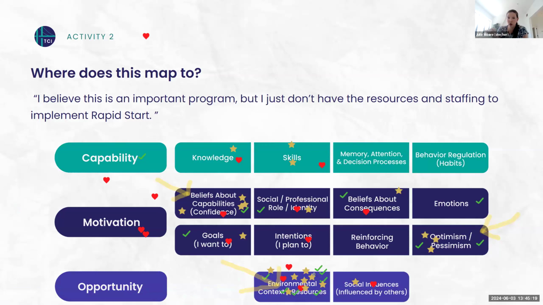And that's pretty much true for every single thing you're going to implement, because no one is sitting around with extra money, twiddling their thumbs for part of the day, waiting for you to show up with a new program, right? That is just not what is happening. So we want to understand, if they don't have resources and time, what's really happening, and are there barriers underneath that?